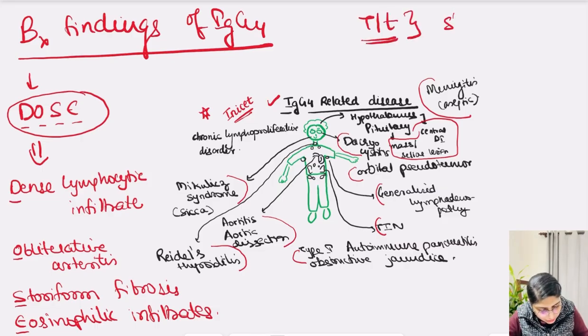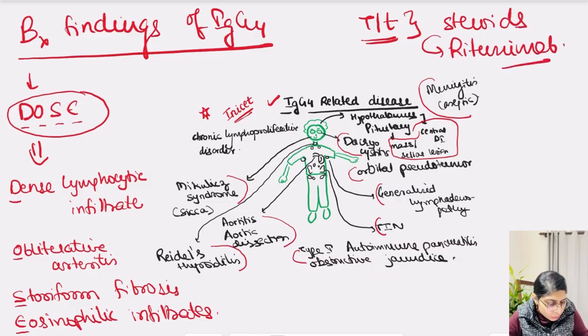Now, what is the treatment of IgG4? The treatment of IgG4 is steroids, and the steroid sparing agent that is usually used is rituximab. So try to remember all the biopsy findings, the clinical features and the treatment. The steroids, rituximab. That's it. This is all you need to know about